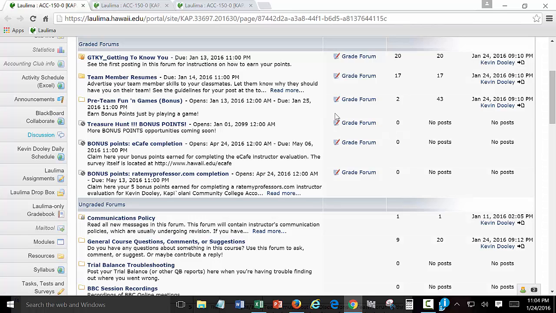In graded forums, a posting is required to earn points. Ungraded forums are where you read about how to contact me in the communication policy, or clear up issues with QuickBooks, assignments, tests, or other non-private discussions in the general forum here. And you can use the trial balance troubleshooting forum to earn most or all of the end of chapter problem points even if your work is kind of messed up, by posting your initial assessment of the problem and getting help